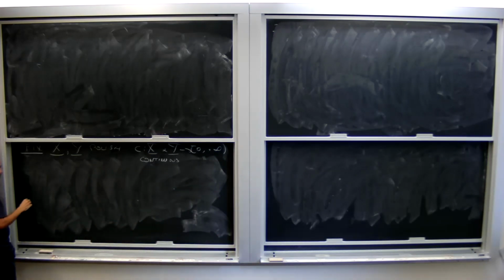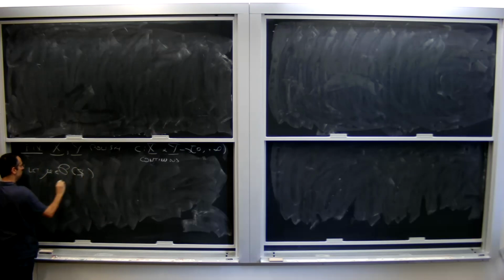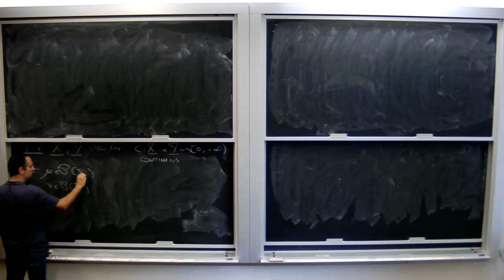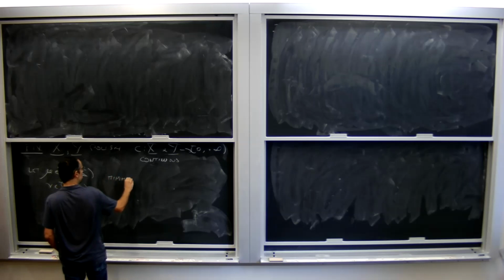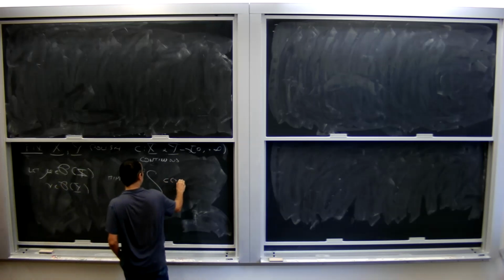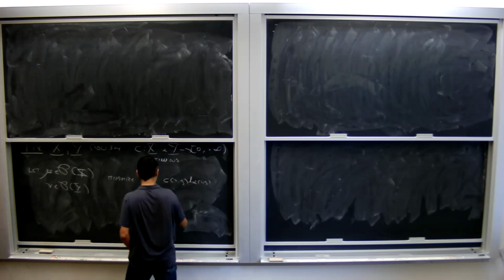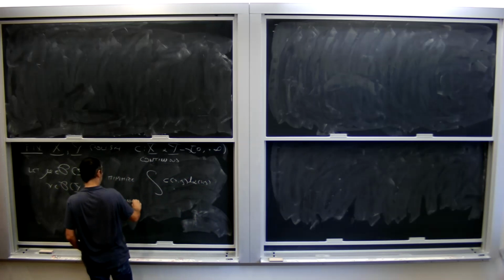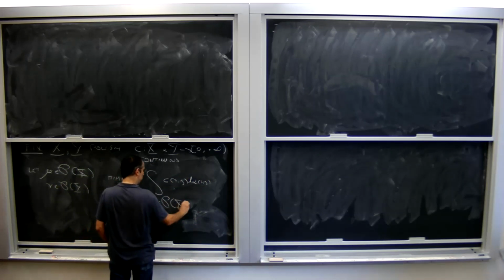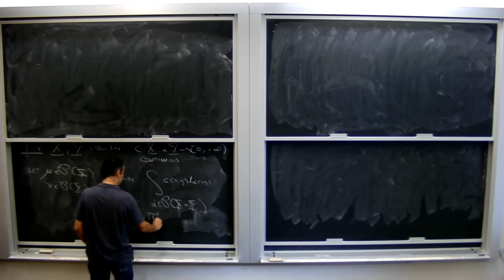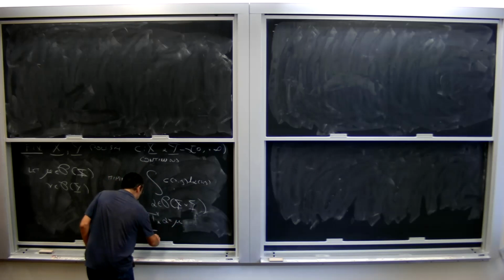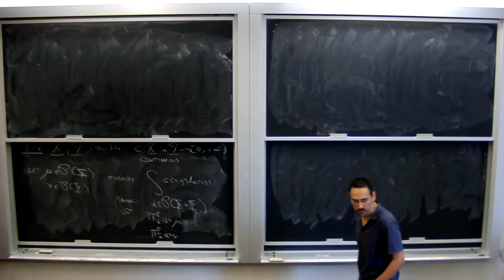And then the optimal transport problem is as follows. Fix also mu, a Borel probability measure on X, and nu, a Borel probability measure on Y, and minimize: find the integral of C(x,y) d alpha(x,y) among all alphas, probability measures on the product, such that pi_x push forward alpha is mu and pi_y push forward alpha is the target measure nu. This is the optimal transport problem.